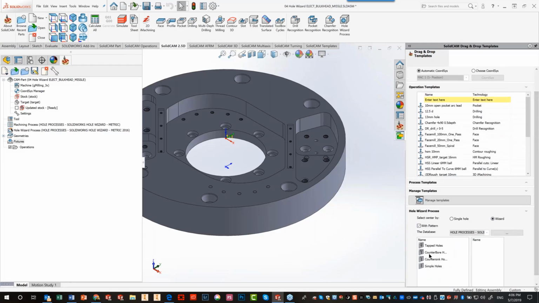So if I want to do a counterbore hole, I'll just grab the counterbore hole, drag the process to the hole. Without even going into the Hole Wizard process, it'll create the operations for that set of counterbore holes that was created in the wizard. And you'll see this in a moment. The same thing with any other of the operations over here. The tapped holes,